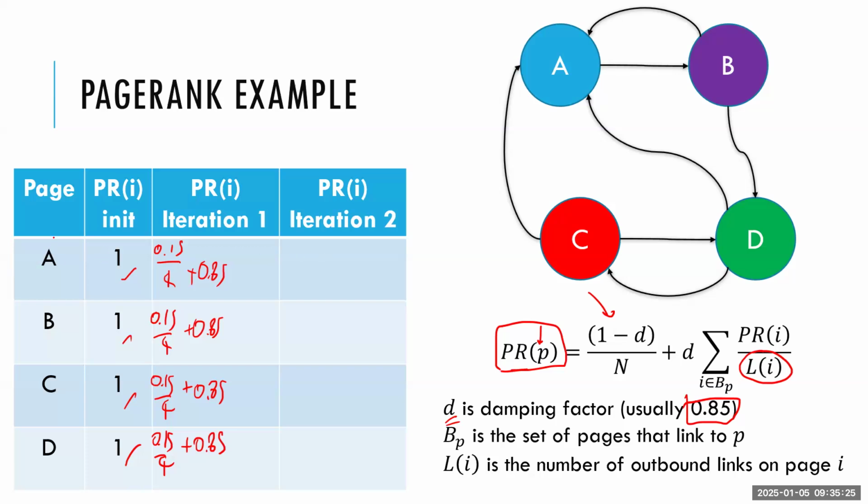So for example, in page A, there are 3 inbound links. So A will get the score from B, C, and D. In the initial iteration the score is 1, so you get 1 plus 1 plus 1,